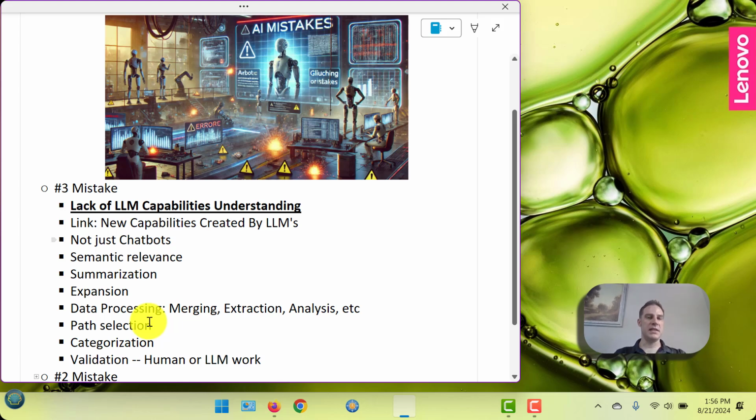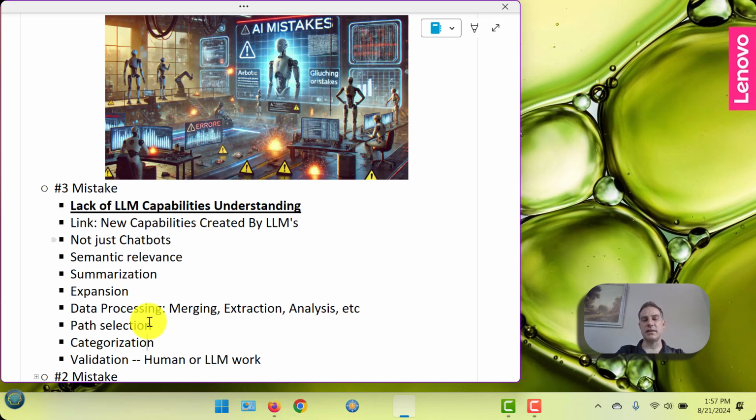Basically, most people see them as chatbots. I've talked to enterprise organizations, and a lot of times their answer for implementing AI is Microsoft Copilot, which is a pretty poor answer and also reveals a distinct lack of understanding of how these things really work and how they can be implemented, how they can be useful. I've talked to people at organizations that do this, and they say it's pretty useless, or at least in a lot of cases. And that's because they're leaving the vast majority, at least 99% of the capabilities of LLMs on the table by doing this.